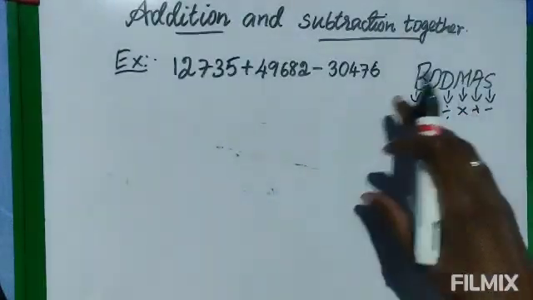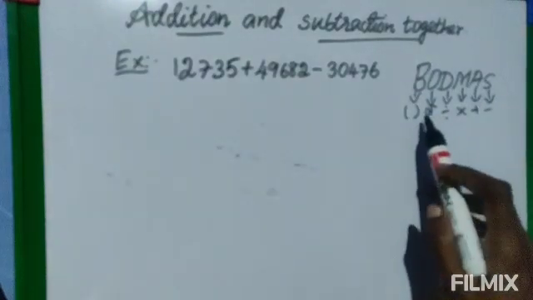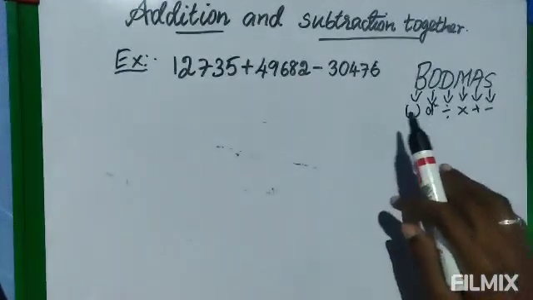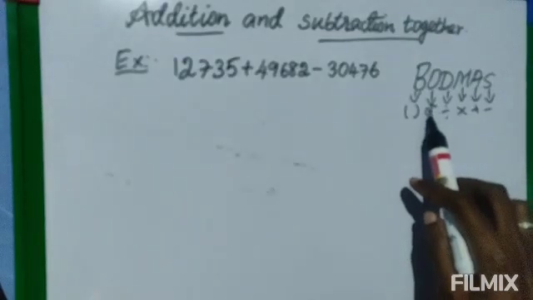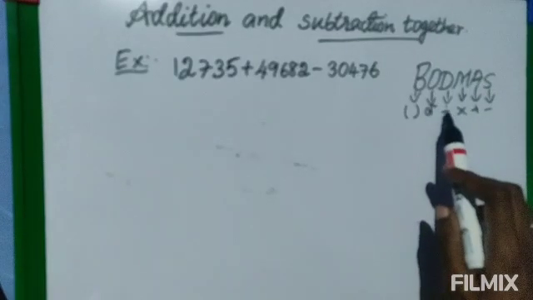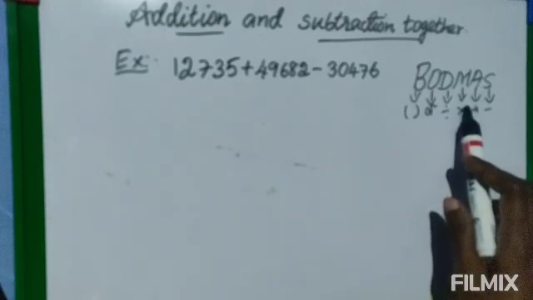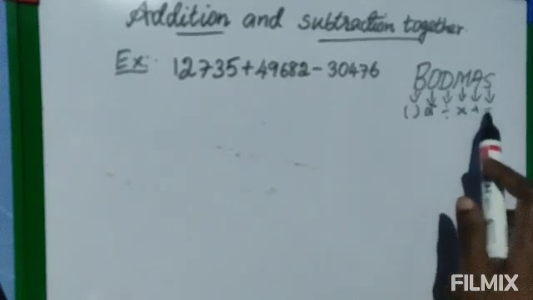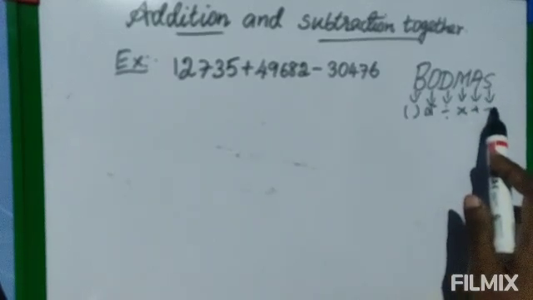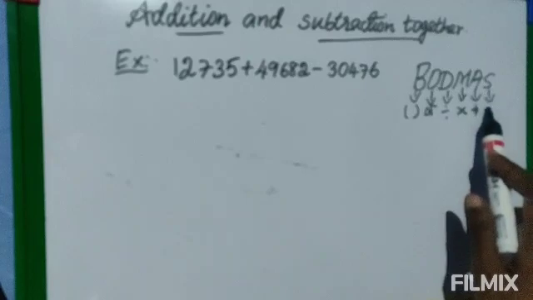In higher classes you will learn bracket, division, multiplication, everything together will come. So in an equation, first you have to finish the bracket, then you do the of. Of means multiply. Next you will do the divide. Again multiply. This multiply goes with the multiply, and this goes with of. Okay, again addition, again subtraction. So the subtraction comes after addition. So after adding only you will do the subtraction.